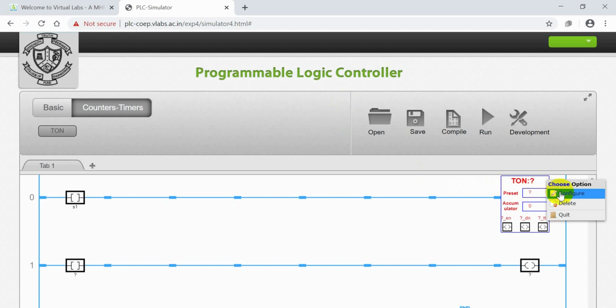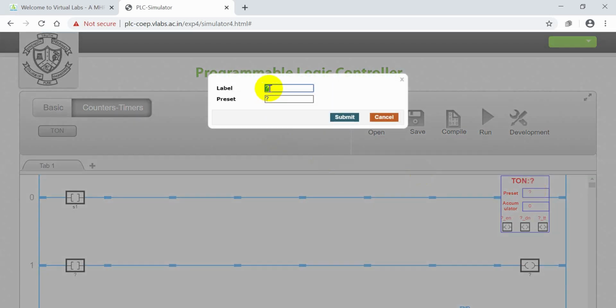Here we have to give the proper configuration. Configuration means we have to give the labeling, that is nothing but timer T, because it is already an on delay timer. Next, the preset value. Preset value means how much time delay you are expecting before the motor turns on. So once you switch on, after how much time delay you are expecting the output.